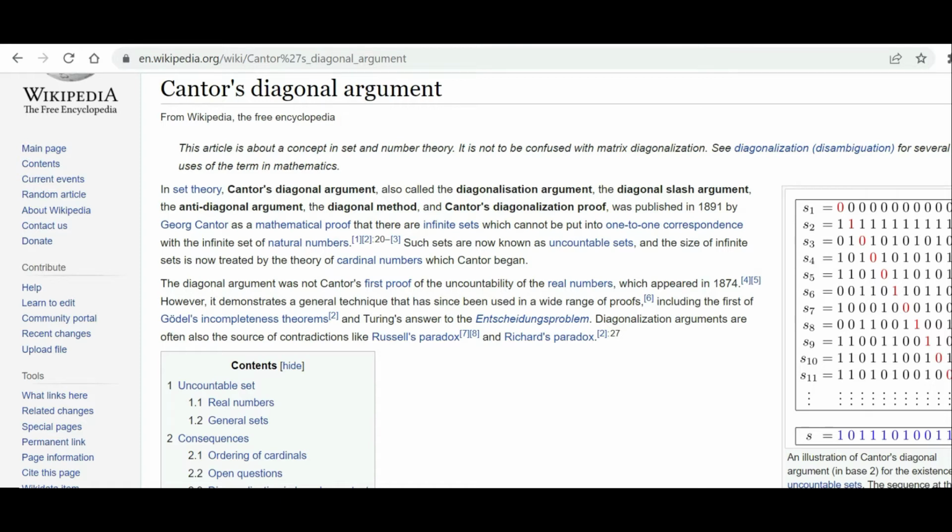The diagonal argument was not Cantor's first proof of the uncountability of the real numbers, which appeared in 1874. However, it demonstrates the general technique that has since been used in a wide range of proofs, including the first of Gödel's incompleteness theorems and Turing's answer to the Entscheidungsproblem. Diagonalization arguments are often also the source of contradictions like Russell's paradox and Richard's paradox. I won't go into those, but I'll go into the original Cantor's argument, where you have a set of